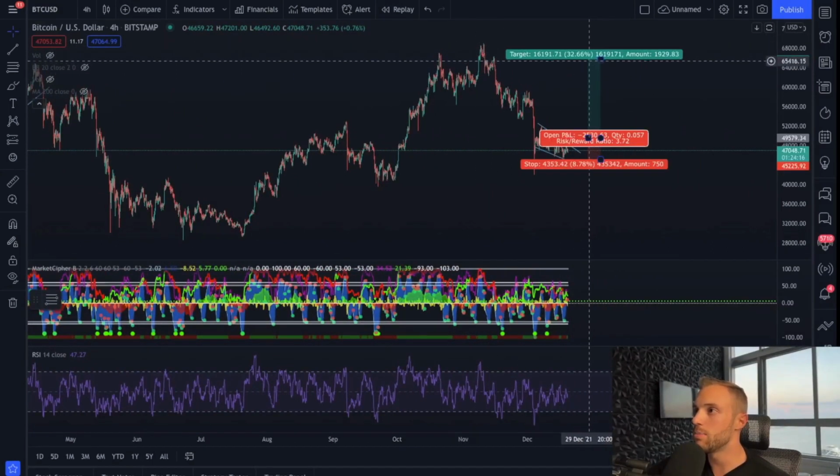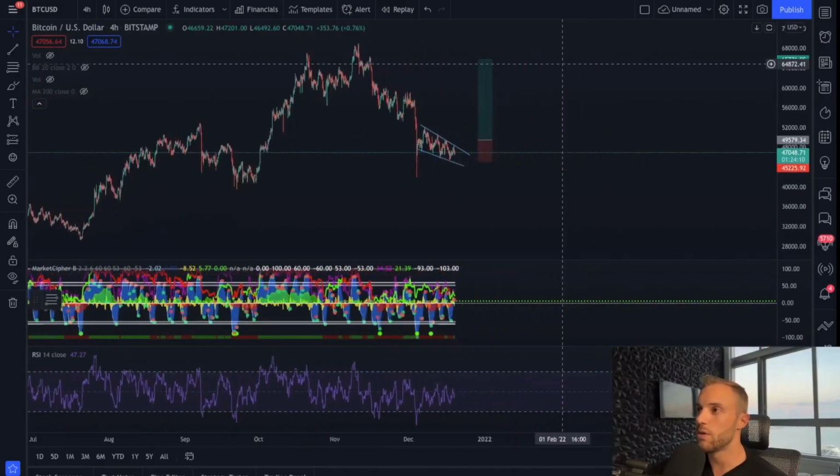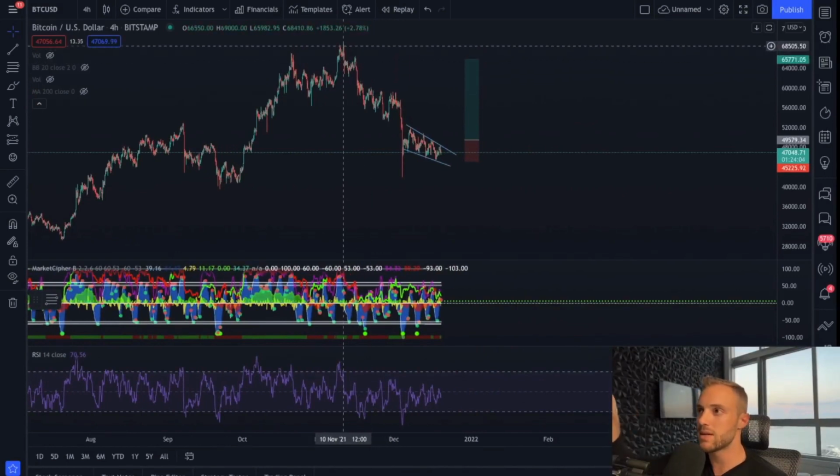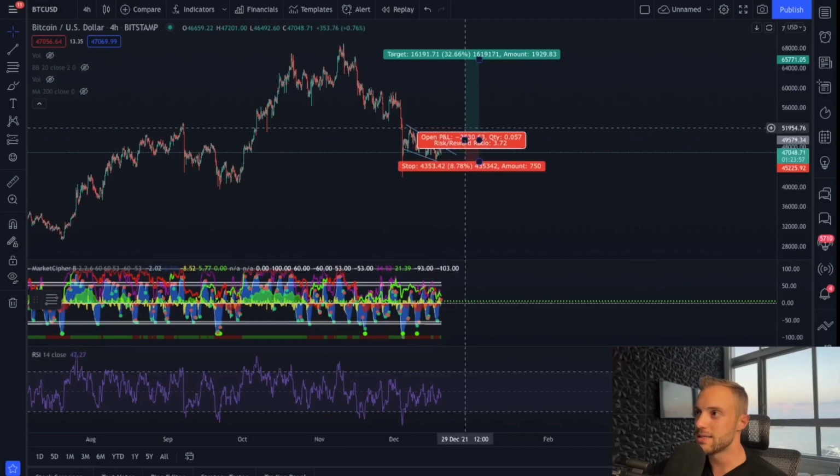I actually want it right below where we've had a few confirmations of resistance, and I want to be able to catch that before the actual high. You know, and then if we break the resistance, we have a clean break of resistance, and we start to go into price discovery, well, that's a completely other trade, right? I don't need to get too greedy on this trade, right? I want to catch this all the way up to the previous swing highs here. Okay, so my take profit would be right around 66K.